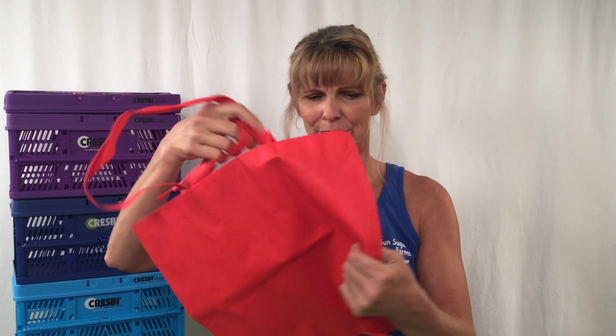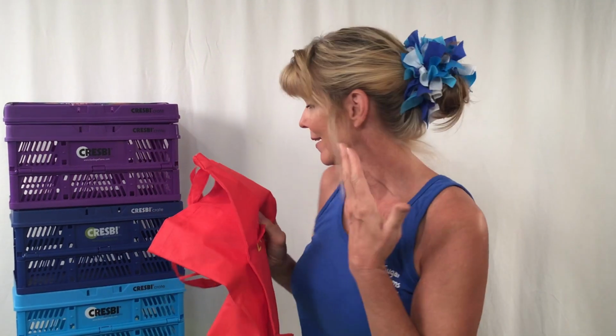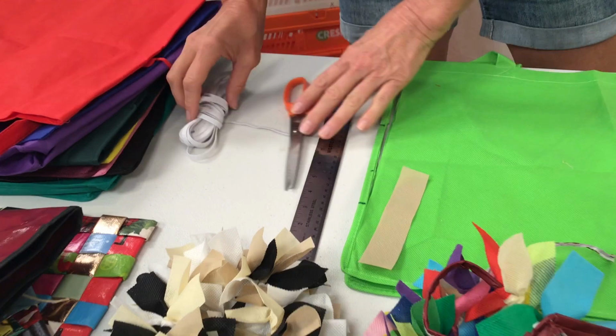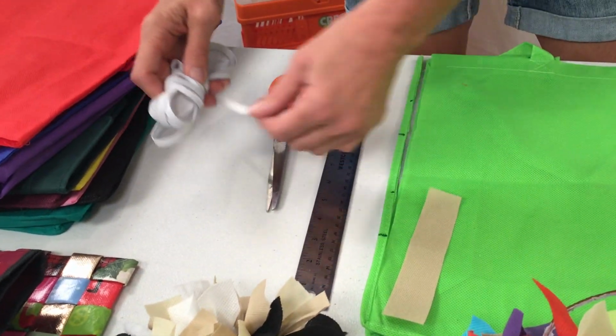Hi there. Got a bunch of those cheap reusable bags that you've been given or you paid $1 for at the store and they've already fallen apart? Well, I'm going to show you how to repurpose these promotional travesties into something colorful and useful like a hair scrunchie, necklace, or headpiece. So what you're going to need to make this is a ruler, scissors, 1/8 inch elastic,